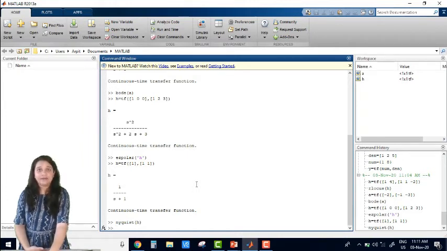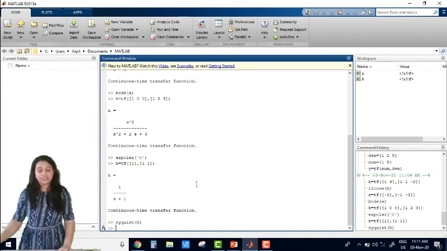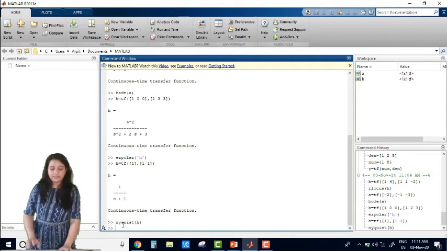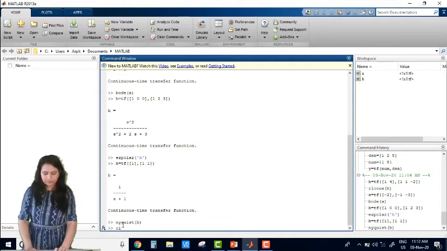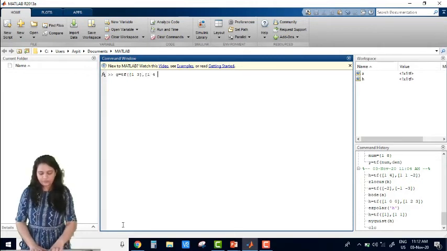And the last practical is to find the transfer function using the state space, and then find the state space using the transfer function. And the command is, suppose first of all we apply the command clc, that clears the command window. Now the input is given, suppose g is equal to tf. The coefficient of the numerator is 1, 3, and the coefficient of the denominator is 1, 4, 8, 9. Okay, bracket completed.